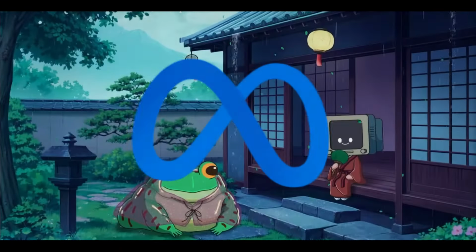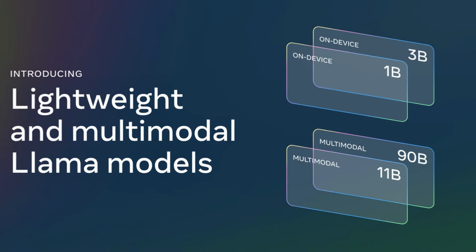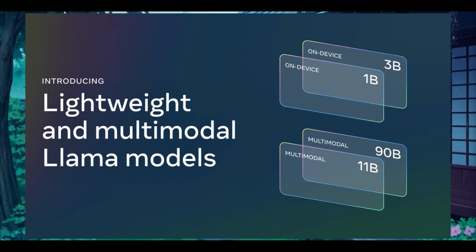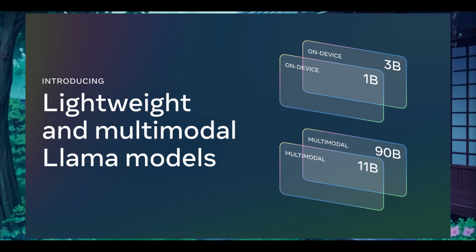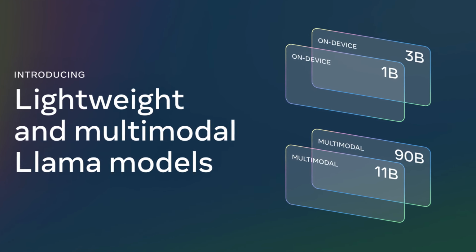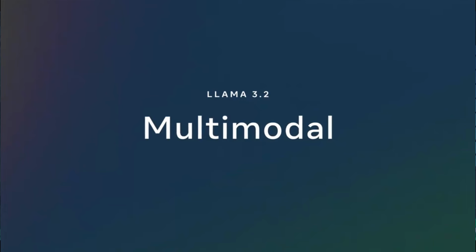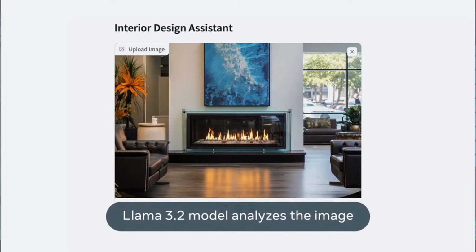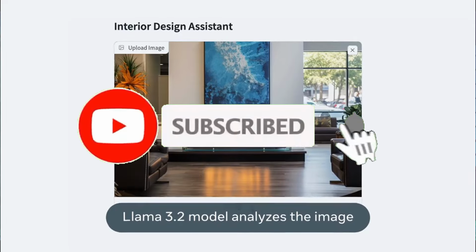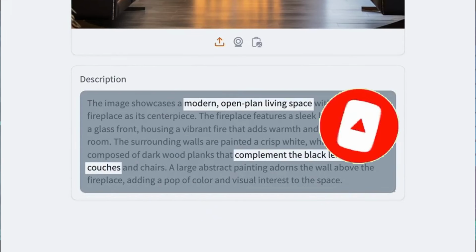Meta AI is back again with an exciting new model drop, the Llama 3.2 model series. This marks Meta AI's first open source multimodal model, and it's available in two variants, 11 billion and 90 billion parameters. Llama 3.2 is actually designed as a drop-in replacement for Llama 3.1, but its performance surpasses expectations. Current benchmarks show that Llama 3.2 is outperforming both Claude 3 Haiku as well as GPT-4 Omni Mini